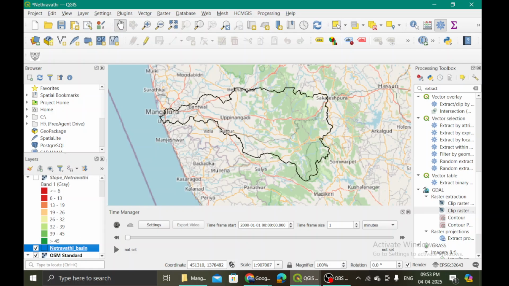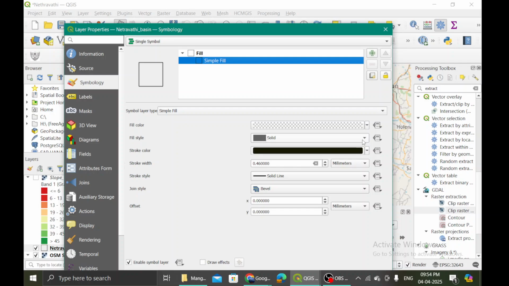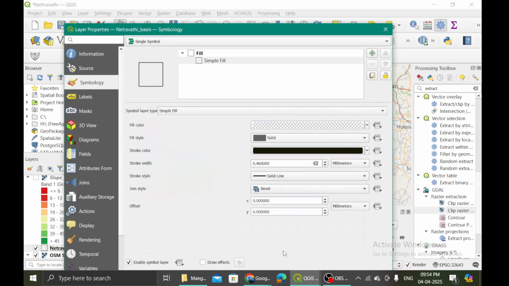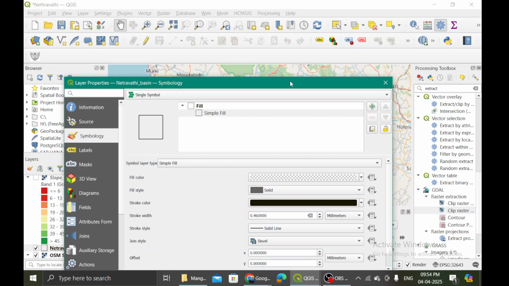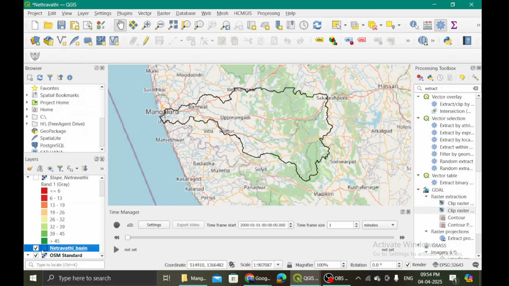But then right now it is hollow. So what I will do, I will go to this simple fill where I will add the fill color to be maybe some darker color, no? Maybe blue. Let's see how it looks, and then apply, because without applying nothing will become visible.